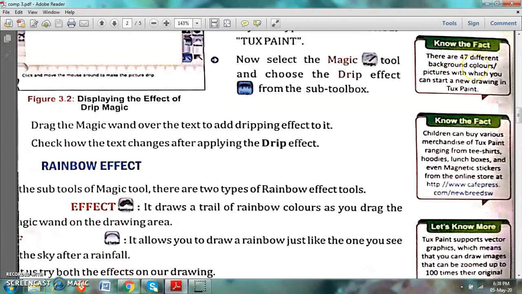So if you have a number of colors, you can draw a beautiful painting. Is it or not? Yes, you can draw a beautiful painting with the colors. So this is a very important thing which you are to remember, that Tux Paint has 47 different background colors to draw pictures. Everybody is to underline it if you have books. If you don't have books, you will write this fact in your notebook, how many different background colors there are in Tux Paint. In Tux Paint, there are 47 different background colors.